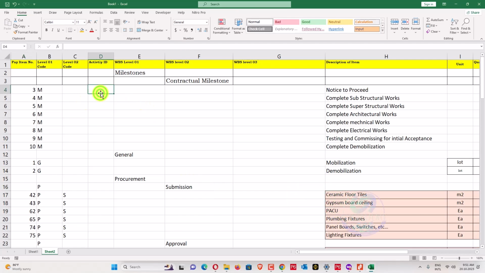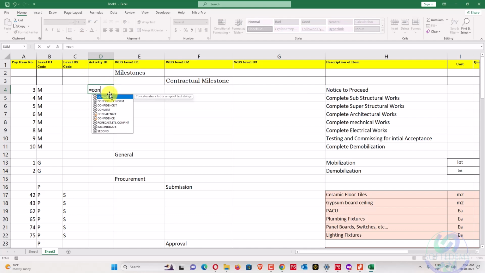We can create ID. Like our ID will be level 1, level 2, and then the number is equal to concatenate, and this one, level 2.